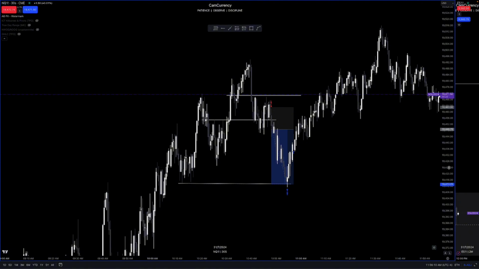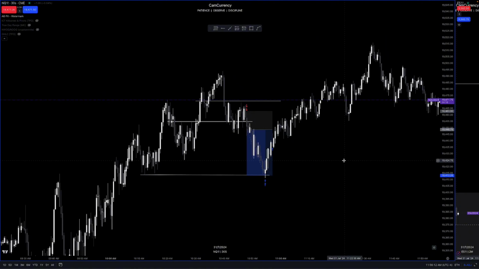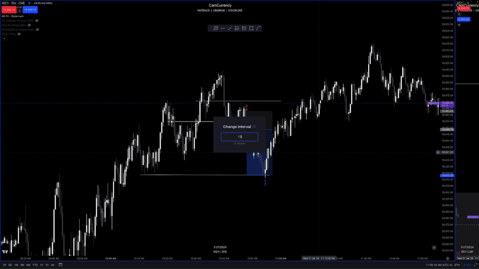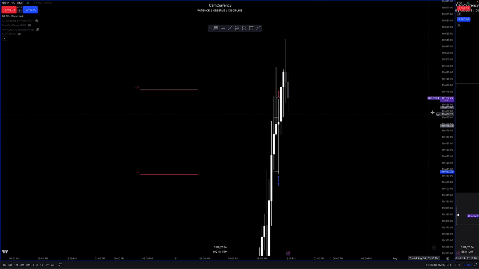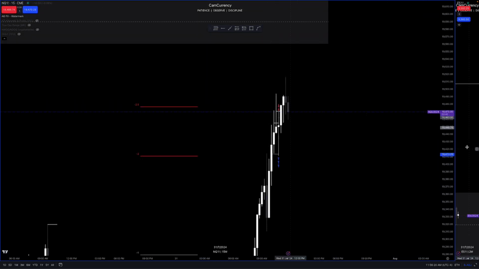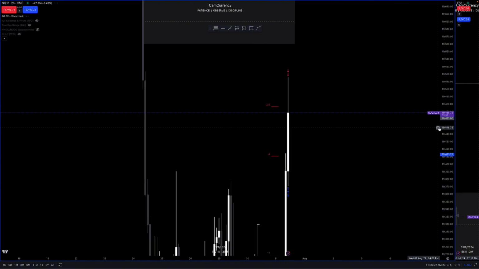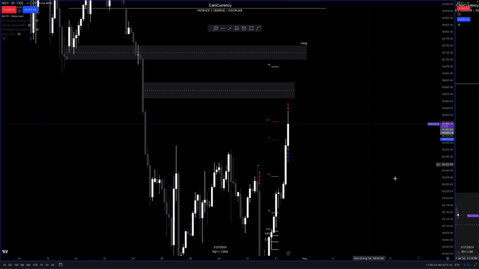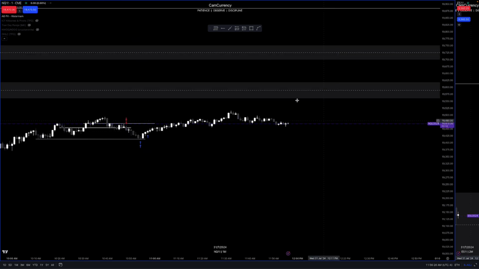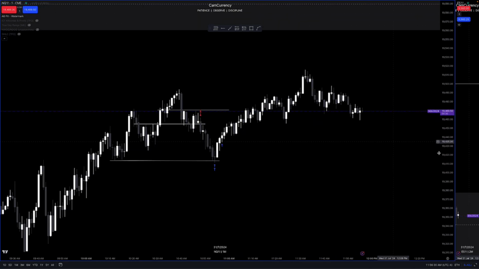But in hindsight, I think I should have closed more like 90% of my position, just because the higher time frame was still very bullish at the time. We were coming off of a higher time frame bullish imbalance. And even when you go to like 2 hour, 4 hour, anything above, we were still very bullish. So price didn't really give a reason for me to leave many runners,